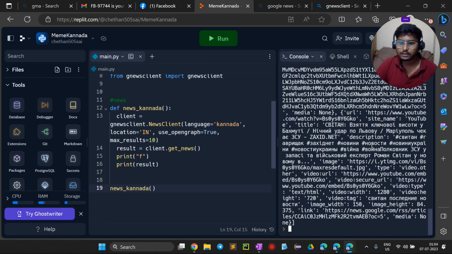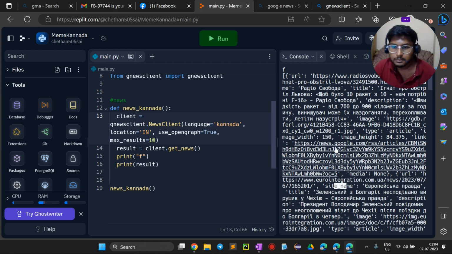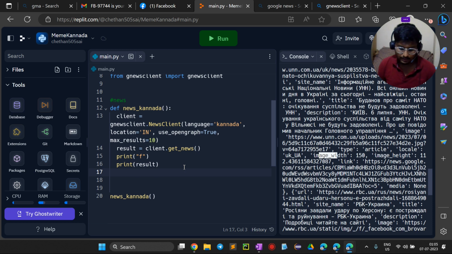Okay, this is as expected. We are getting a URL, we are getting a title, and we are getting site name as well, which we do not want. News link, image width, we are also getting an image. Okay, cool. Now we'll go to the next part. Okay, well, at least let's try to see whatever we require in here. We would require